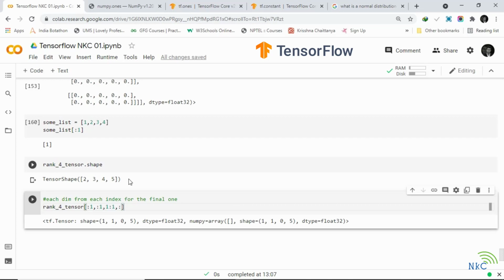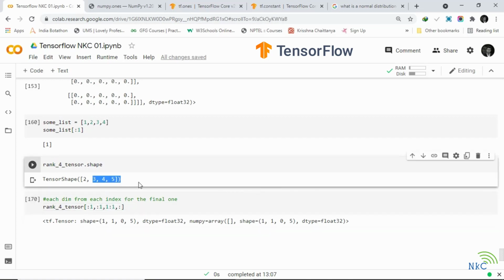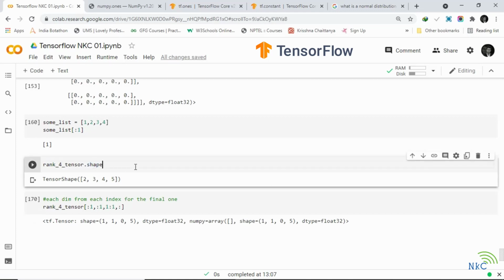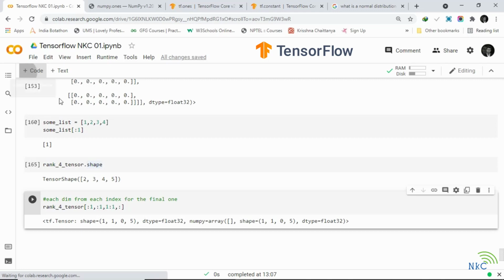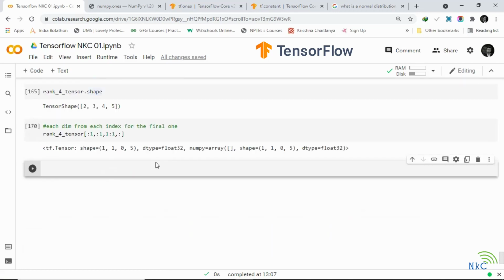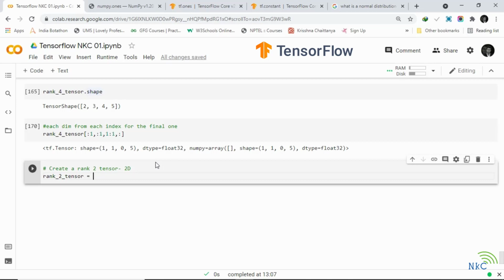If we have our tensor of this shape, sometimes what we might want to do is expand or reshape. We have seen a little bit before how to reshape a tensor, but let's practice adding an extra dimension to the end of a tensor. So how about we create a rank 2 tensor, which has how many dimensions? 2 dimensions. So we can do that with a rank 2 tensor.